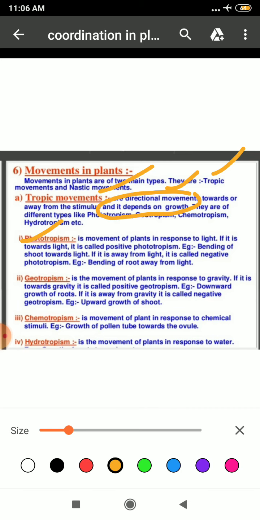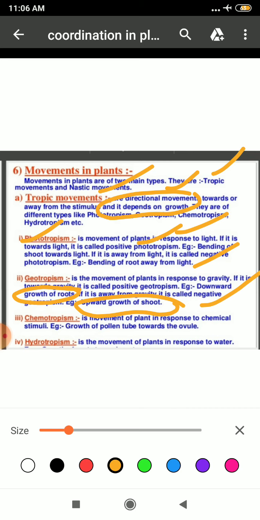such as phototropism. Here the movement of the plant is in response to light. Clear? And if it is moving toward light, then it is known as positive phototropism. And if it is moving away, as in your plant part the root, it is negative phototropism. Your root will move away from the light. Similarly, as we have studied in case of geotropism, roots were showing positive geotropism, whereas your shoot was showing negative geotropism.